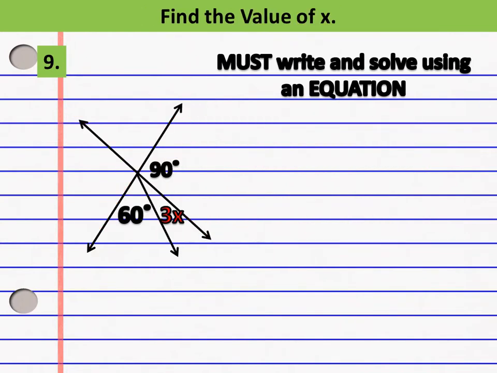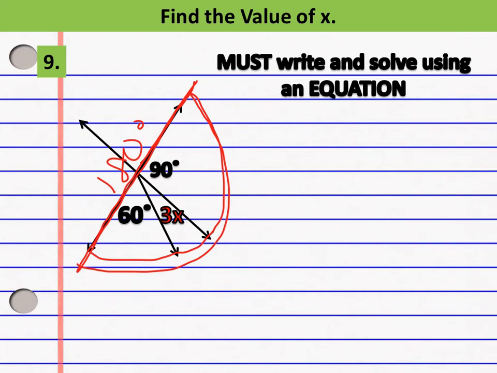Okay, again, write the equation and solve. What I recognize right away is everything is on the lower half, this bottom half down here. And I know it's a straight line, so this is 180 degrees. That means 90 plus the 3x plus the 60 adds up to 180 degrees. So we write this out. Now what this is, they are